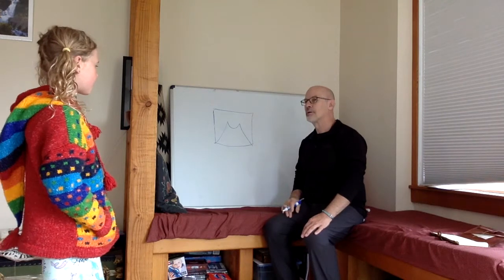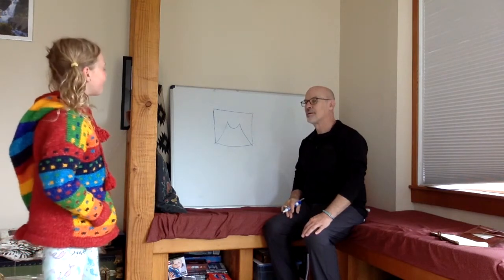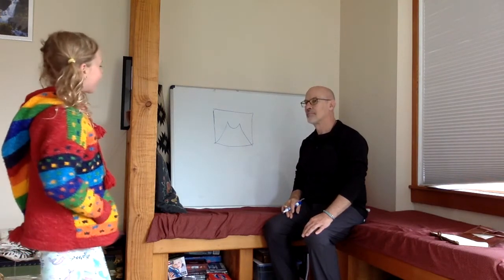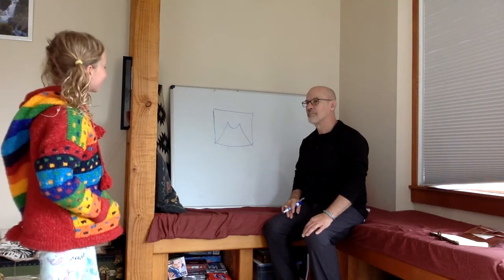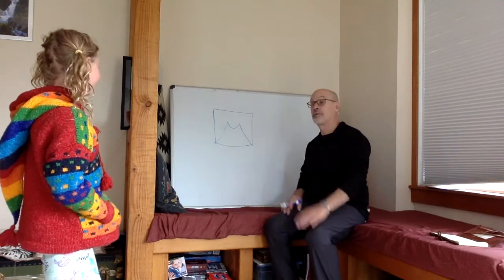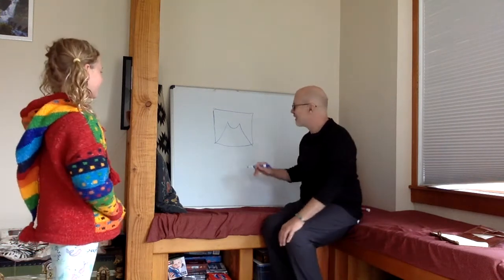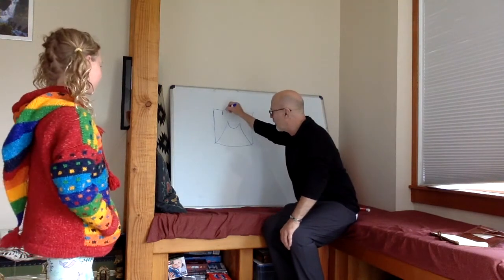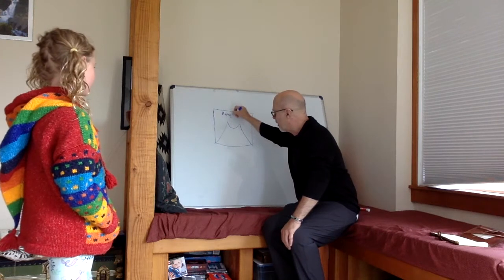What's that look like? A piece of paper with an M on it. M on it? Sure, it could be an M. Could be a couple waves or a mountain. Okay. So, hungry